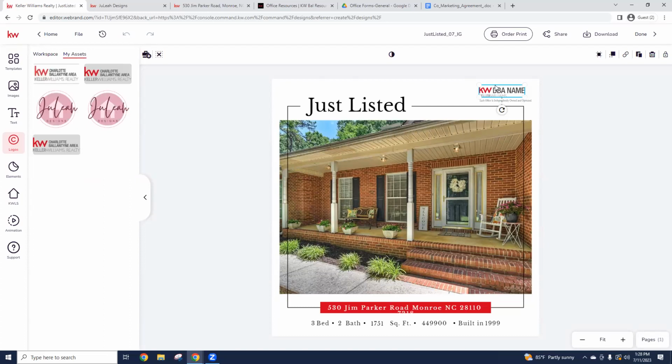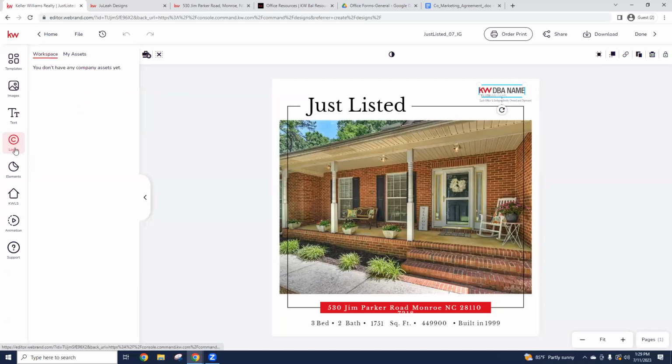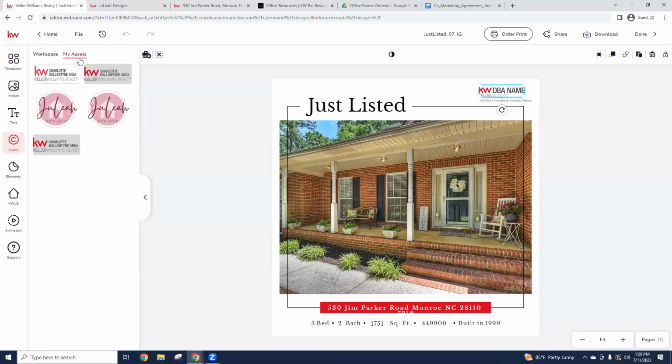All right, but when I click on the logo, it automatically takes me to this logo section. And under your My Assets, you should have the Ballantine logo that you can click this replace option. I'm going to say that again because that's kind of a few steps. But again, just know, come in, we'll help you with it. If you click on the DBA name logo, it automatically pulls you. This is what it looked like first, though. It automatically took me to my workspace because I don't have any personal logos. So just so it doesn't throw you off, you can click My Assets, hover over the logo,